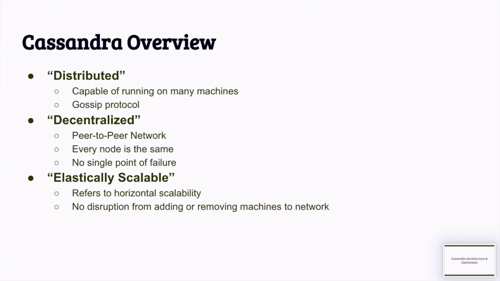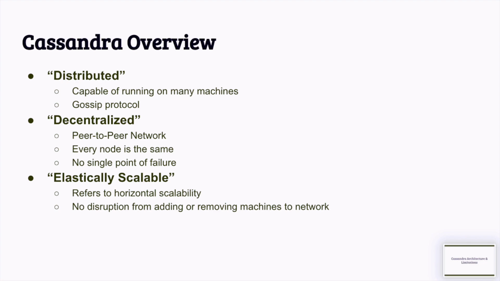Now moving on to elastically scalable. There are just a few things you can do with your database when you need more capacity, when it's at its limits. The first thing you can do is what's referred to as vertical scalability. This is adding more capacity or memory to the existing machines. Or you can horizontally scale, which means you're adding more machines that have access to all or some of the data so that no one machine bears the burden of serving requests. This is in a way like a network,